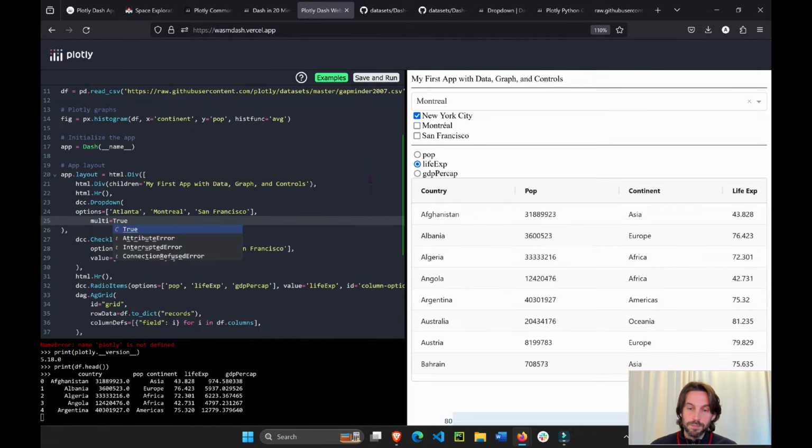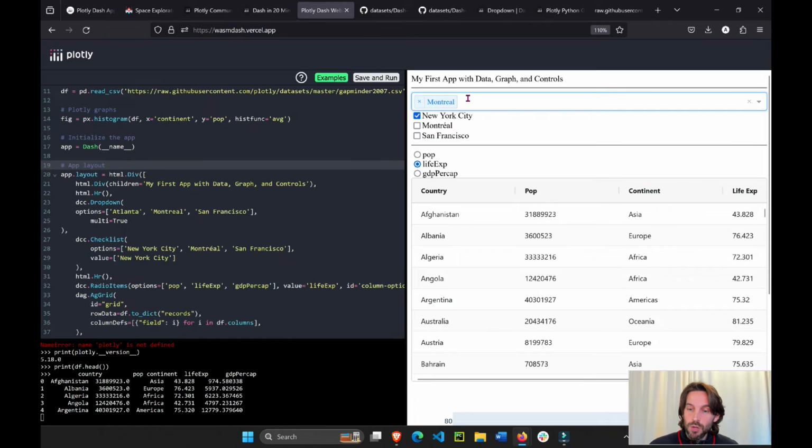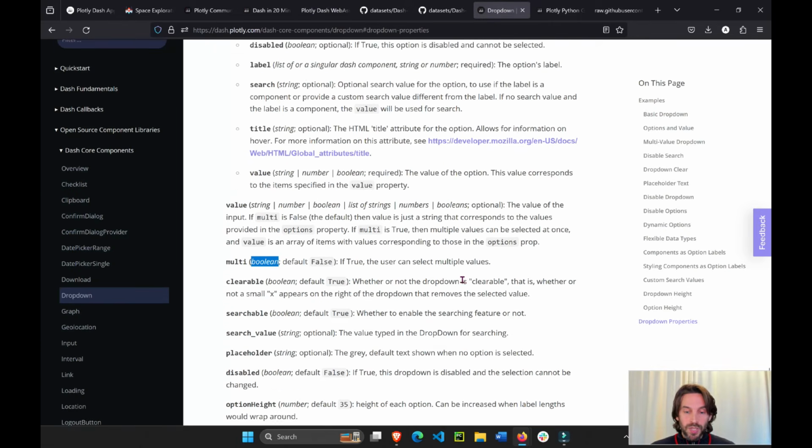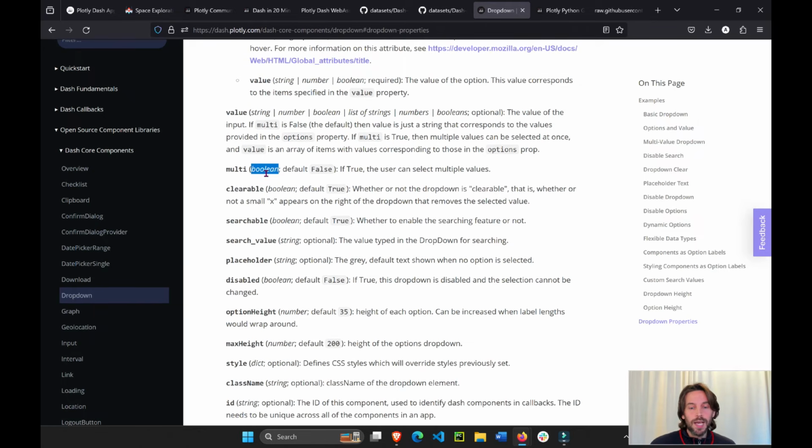And now let's run it. And now we'll see that we can actually select multiple components. Before, I could only select one, but now I can select multiple components. So it's very important that you read the properties. You don't have to know all of them, but give them one glance. Read what they all mean, what they refer to, because it definitely gives you more